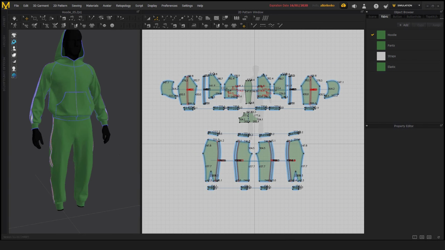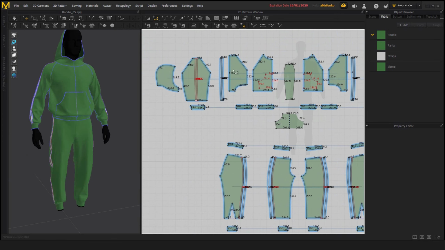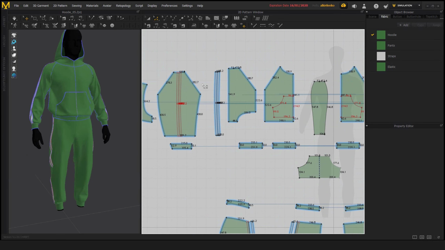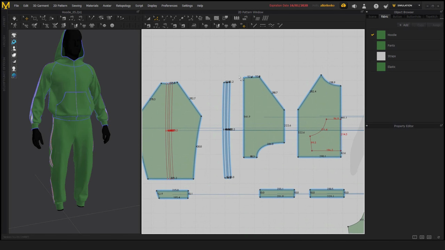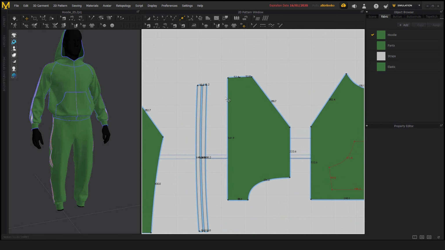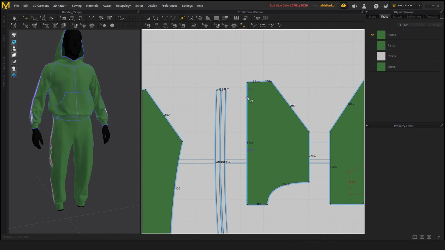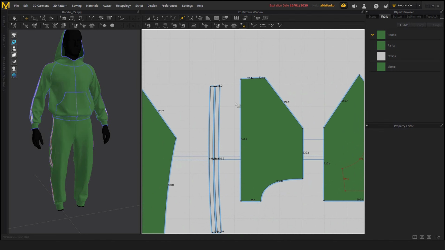And speaking of points, if we want to split a segment, if we want to split a line somewhere, there are two ways of doing that. One way would be to choose the segment point tool and then add a point somewhere. But if we wanted to split a segment in half, or if we wanted to add extra points and we want them to be separated by a specific amount and evenly spread out,